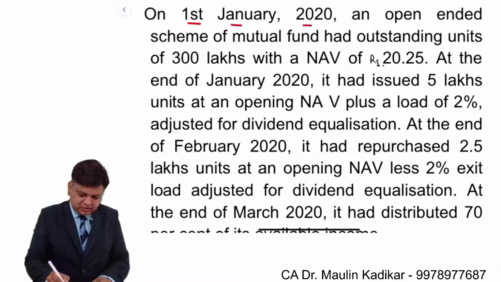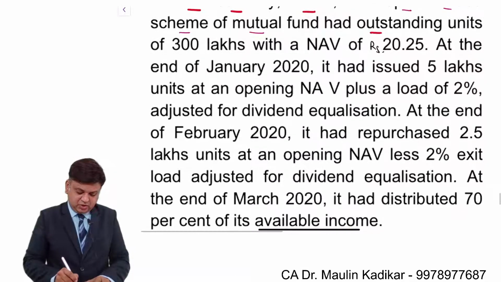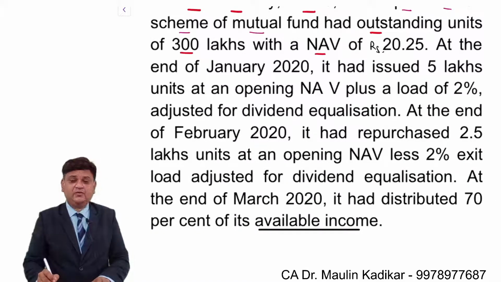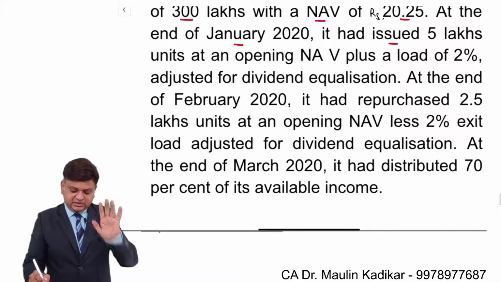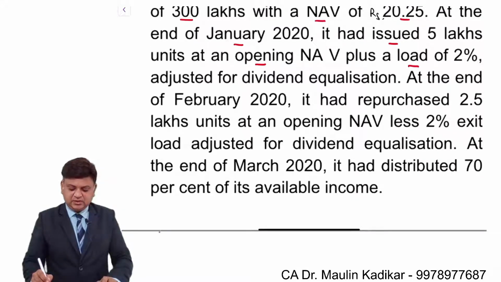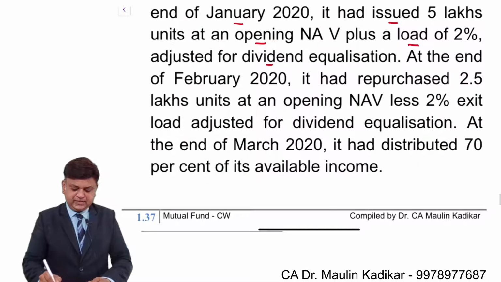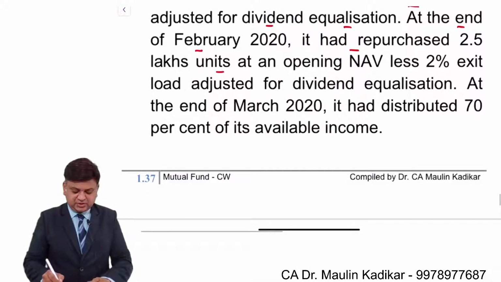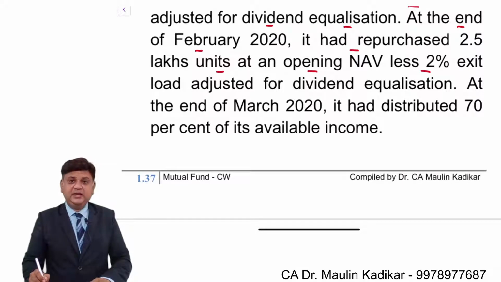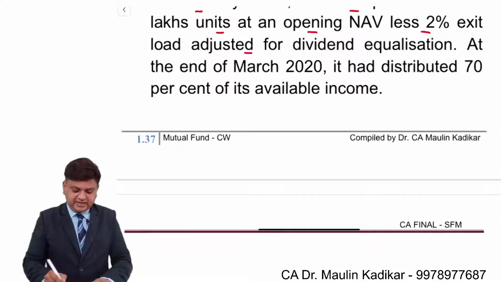On 1st of January 2020, an open-ended scheme of the mutual fund had outstanding units of 300 lakhs with the NAV of 20 rupees 25 paise. At the end of January, it issued 5 lakh units at opening NAV plus a load of 2%, adjusted for dividend equalization. At the end of February, it had repurchased 2,50,000 units at opening NAV less 2% exit load, adjusted for